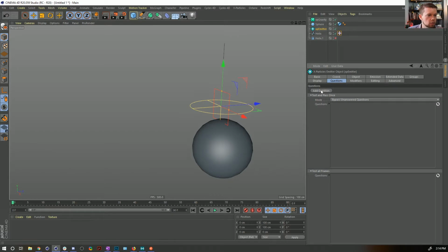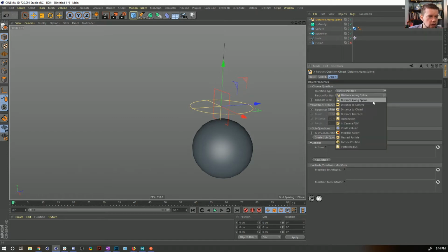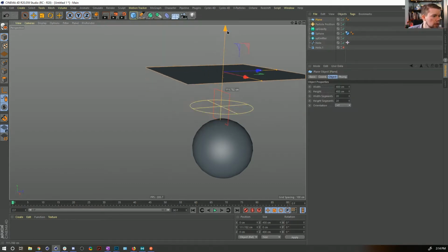There might be a fancy way to do this, but let's just try and do it with a question. I'm going to add a question in, and I'm going to say if the age, not the age, I don't care about the age, I care about the particle's position. Particle position is a direct thing. I just want an absolute particle position. We can say if it is in world space on the y-axis greater than some number, and I don't know what that number is, so let's just make a plane. I'm going to move this up until,